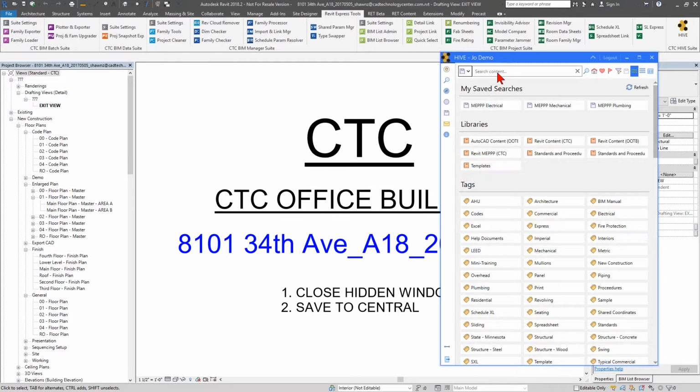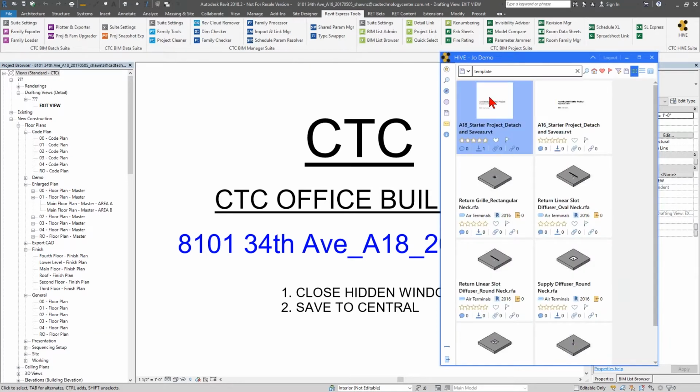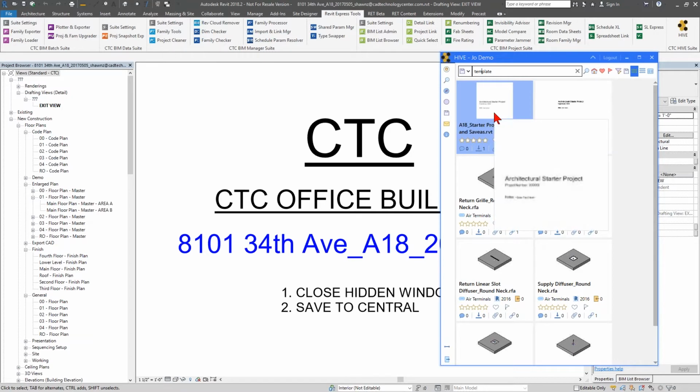Now, what I wanted to do is find a template. So I'm going to type in right here, template. If I could spell, that would be fantastic too, right? That would be great. You have to kind of spell searches correctly for it to find anything. So I just typed in template, and it looked through my entire library and found some things. And in some cases, there's actually some template content down below. But what I'm looking for here, since I'm in 2018, I'm going to start a project from my 2018 starter